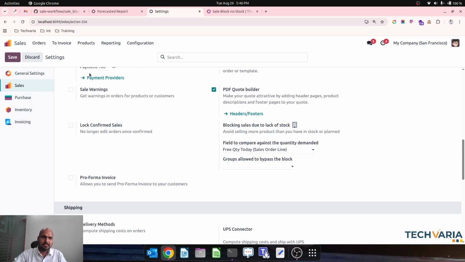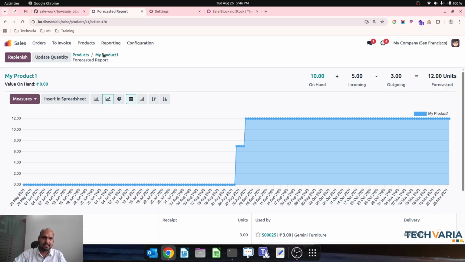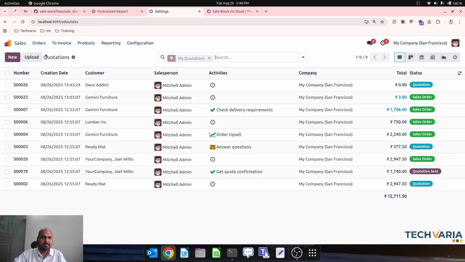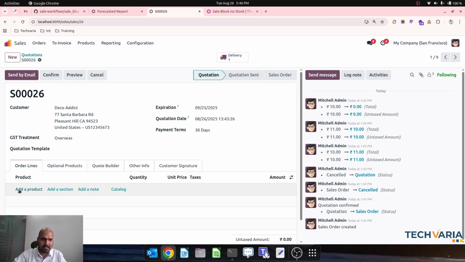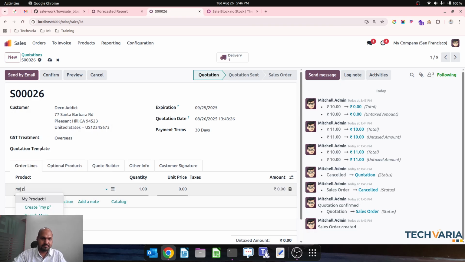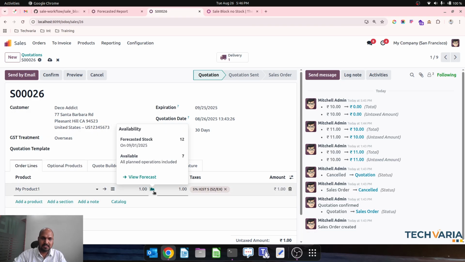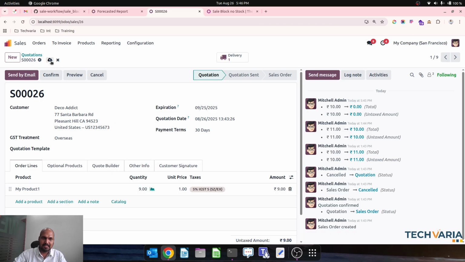When I enable this setting and prepare my quotation, adding my product one, I can see available is 7. If I add 9, it will still allow me, because my on-hand quantity is 10. If I exceed it,